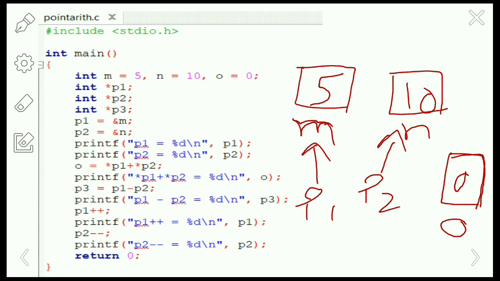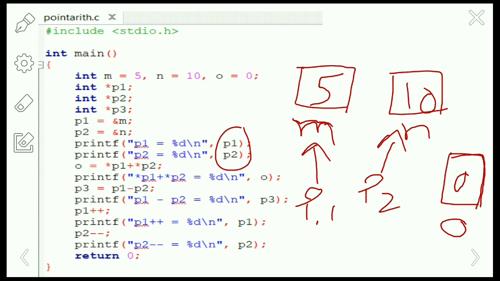So it will print the addresses here for p1 and p2, and o equals to p1 plus p2. Sorry, it is asking for the value at p1 plus the value at p2. So what is the value at p1? 5, and the value at p2 is 10.